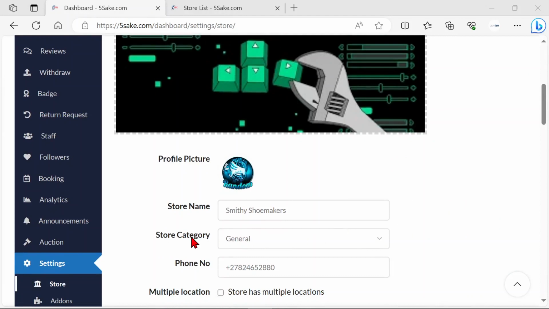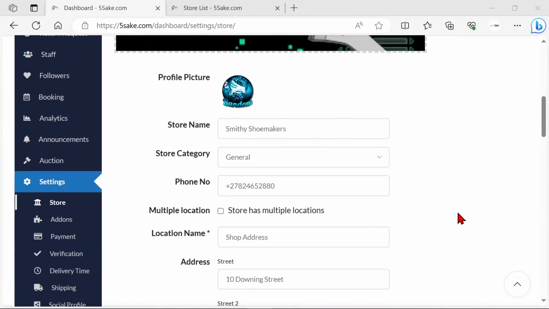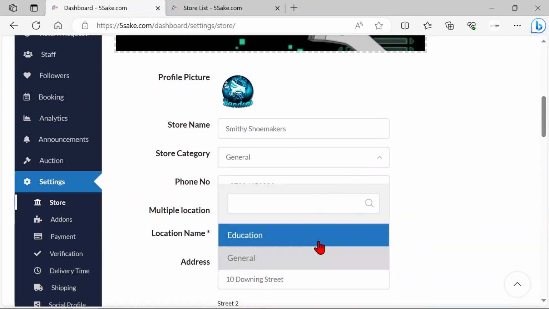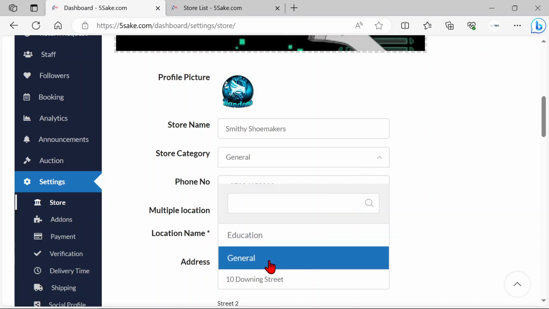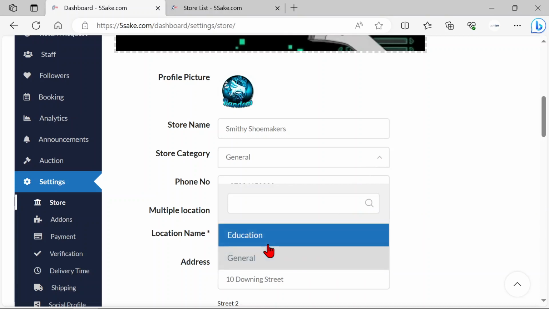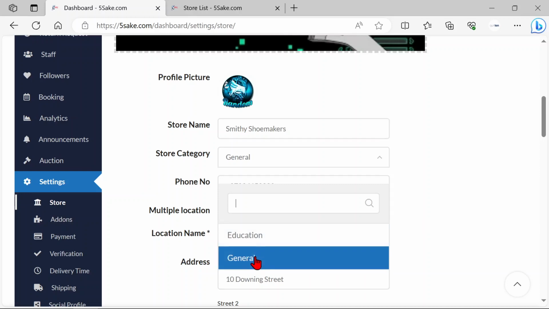The store category is important as well. Please make sure that you do have a look at the categories. There aren't many here at the moment. There will be more as we go, but please have a look through them and see if there is a category that could suit your store best. Okay, don't force it. If you feel that it doesn't suit any one of these categories, just leave it as